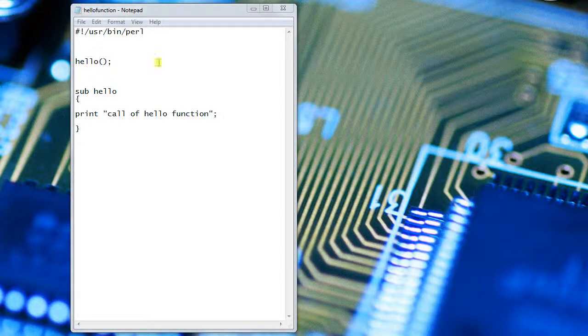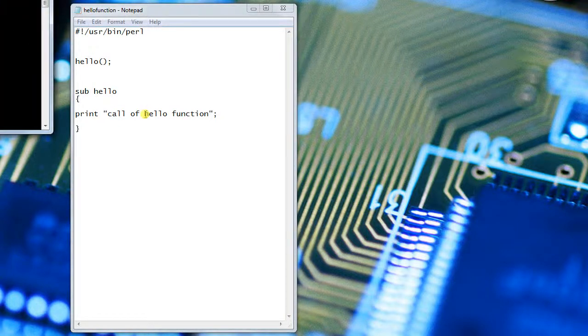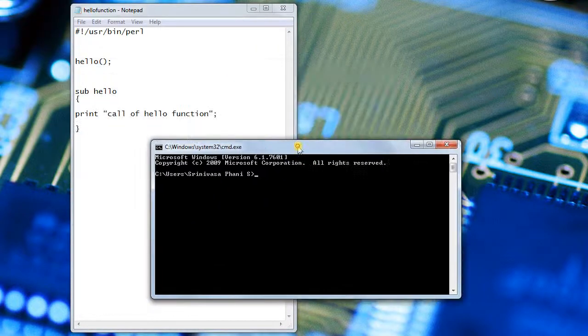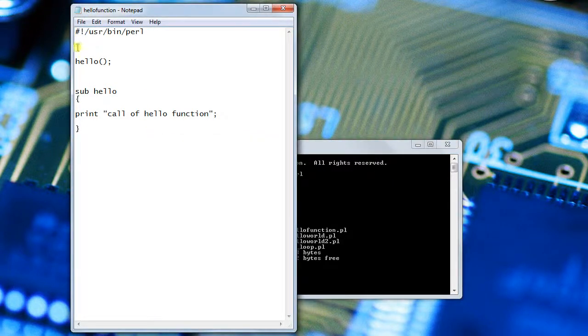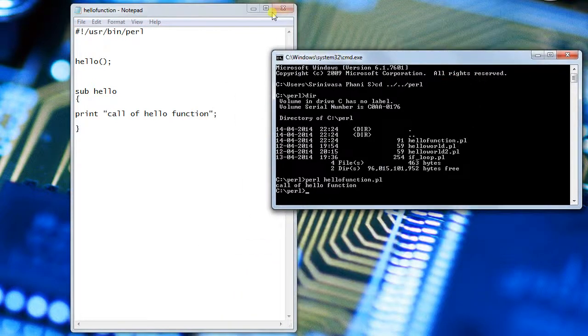Now let us try to run this one. To run a Perl program, it is perl space file name. First, Perl will start executing the program sequentially.